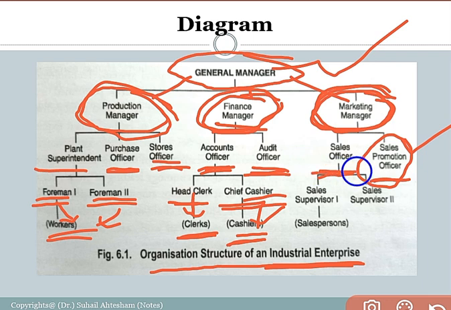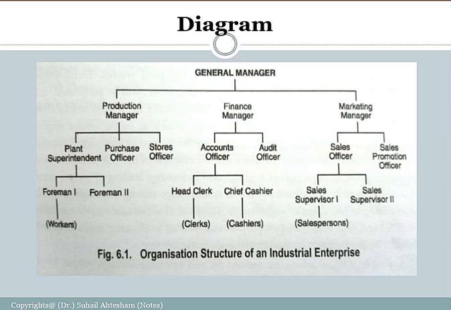Whereas the sales officer is related to sales supervisor 1 and sales supervisor 2, right? The sales supervisors are the managers or supervisors of the salespersons. Salespersons are the executives who promote and sell our products and services in the market, right? So here we are trying to explain the diagram of organizational structure in a formal organization, and how the working of the organization at various system and subsystem levels will go on smoothly, so that the organization can achieve its organizational goals and objectives. Right. So this is all about organizational structure.